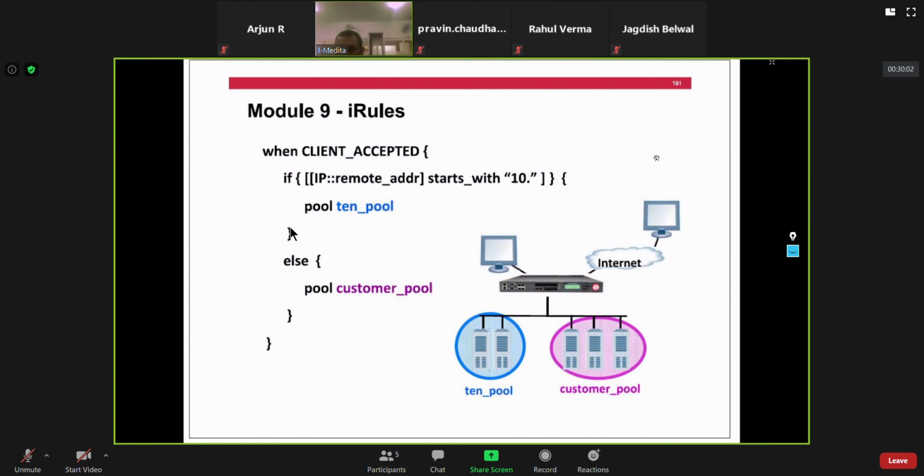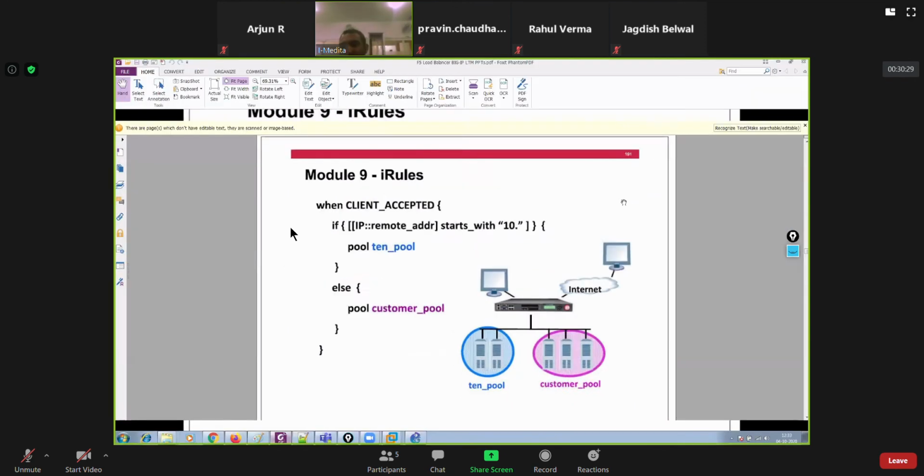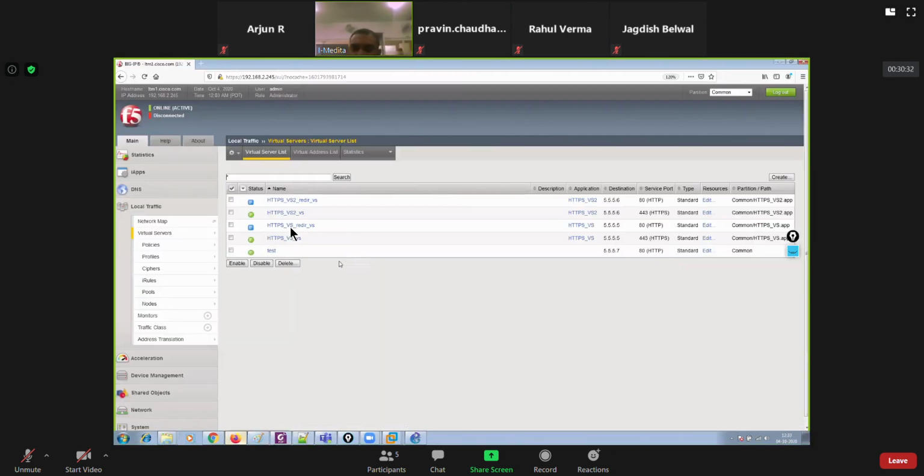For example, I have two different pools, and you know very well how to create pools and what a pool means. A pool will always consist of a group of members, also known as pool members, right, guys? But it is not really possible to attach multiple pools to a single virtual server. There is no option to do so.